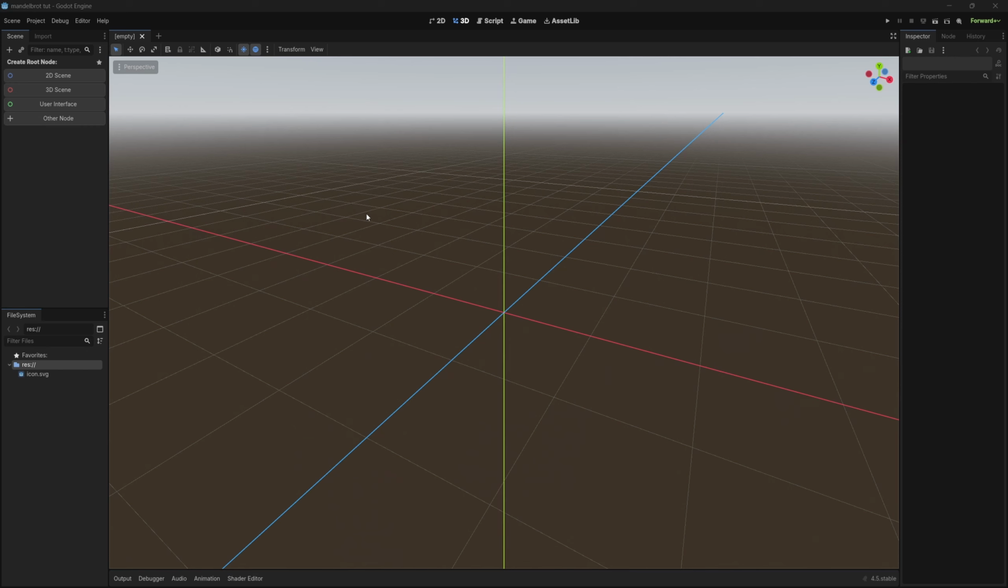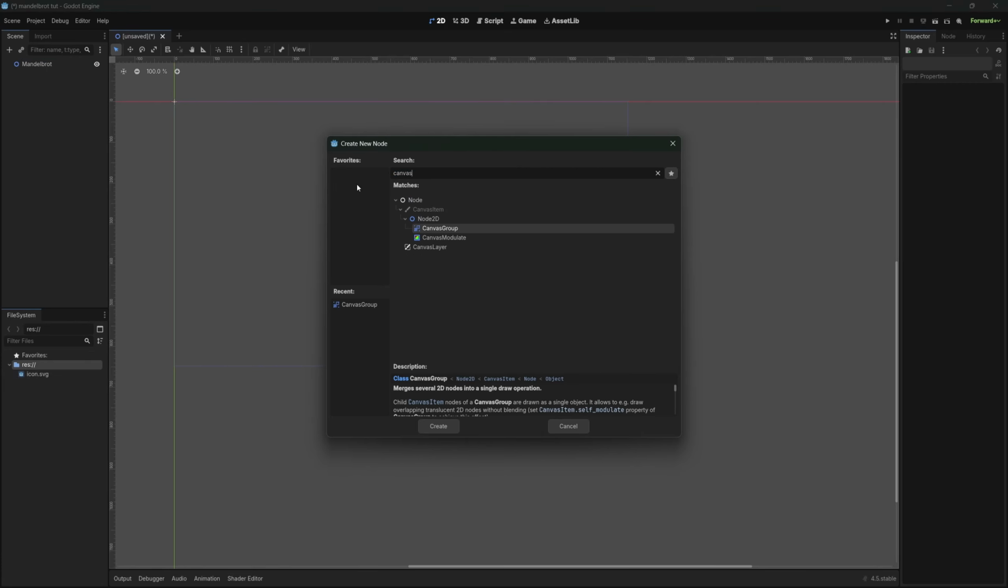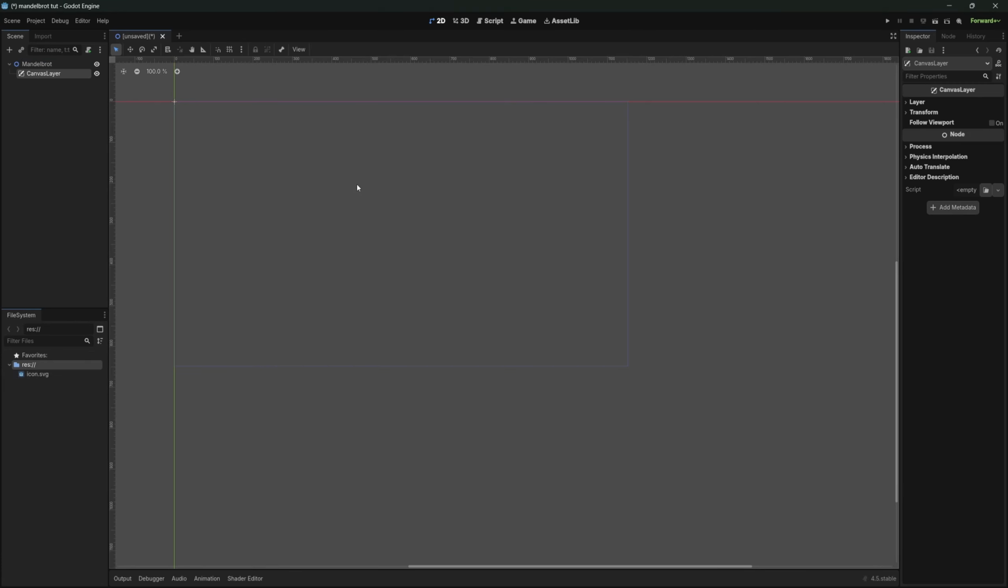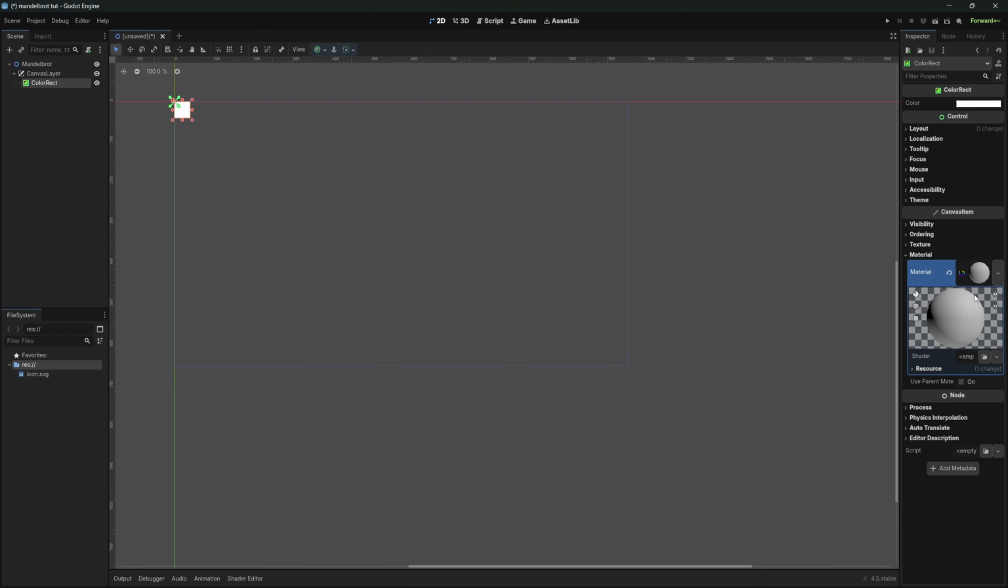Let's get started. Like I said, just open up an empty project in Godot and save it wherever you want on your computer, and we'll start just by creating a normal 2D node, and we'll just name this one Mandelbrot. Then we're going to add a canvas layer node, and within that we'll create a color rect node. And on the color rect node, we'll create a new material, shader material, and then on that material we'll create a new shader,